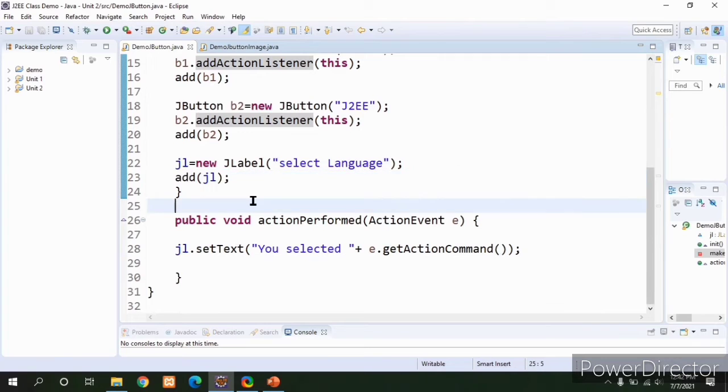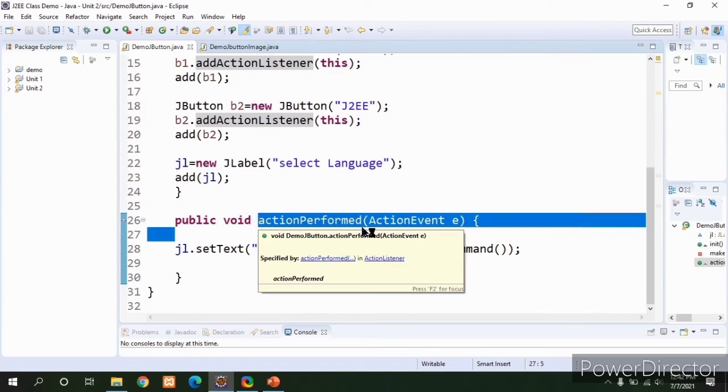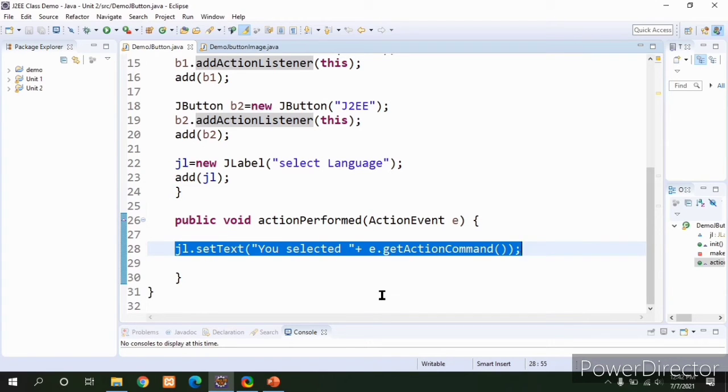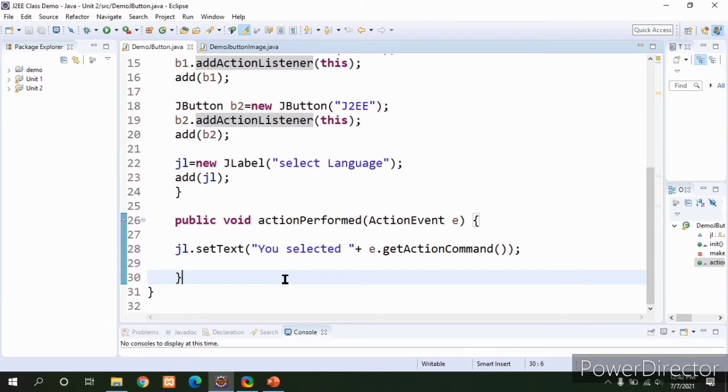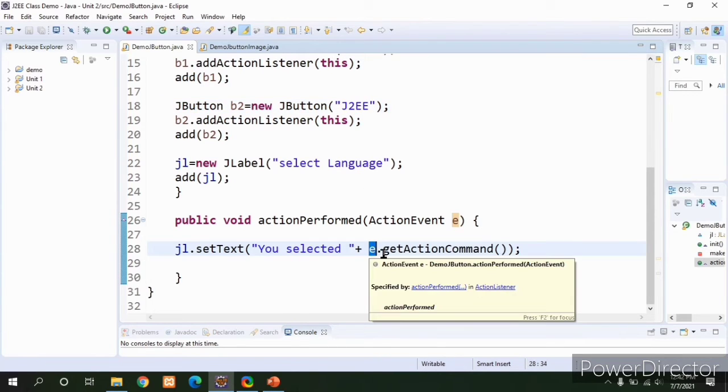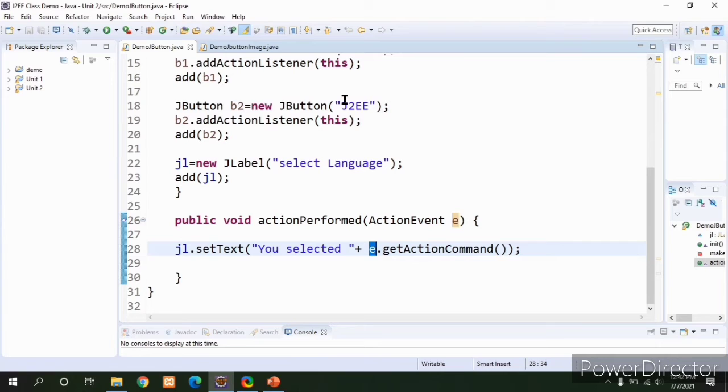As we are handling the action event, we should override the actionPerformed method. In that, we are setting the label text based on which button is clicked. Suppose I clicked on this J2EE button. This object contains the action command, or information about this J2EE button, and by using that object we can get the action command of J2EE.